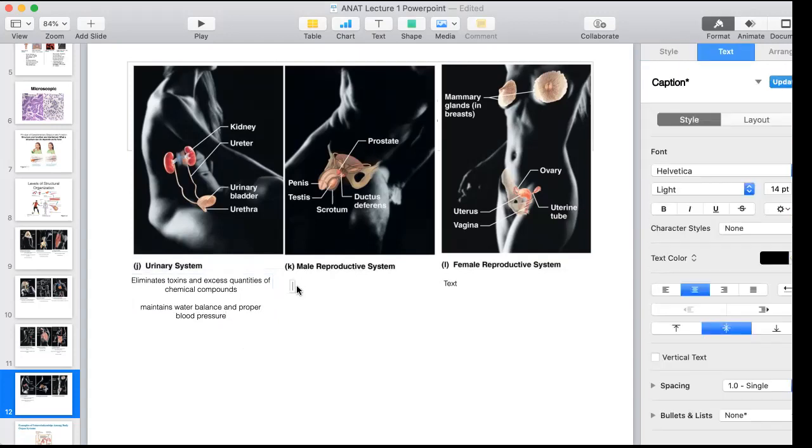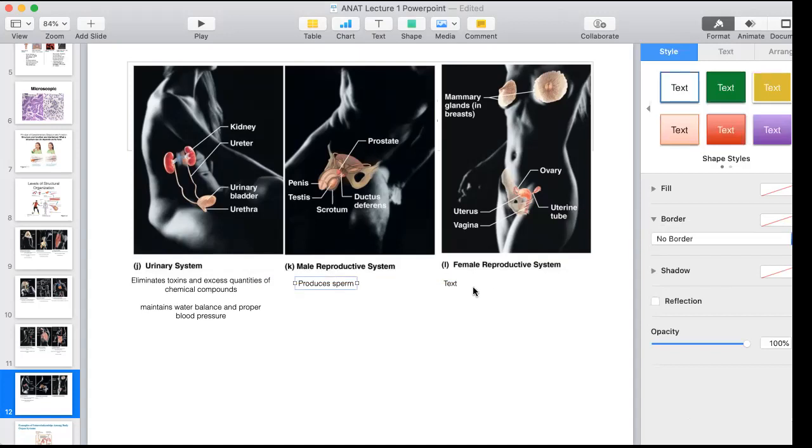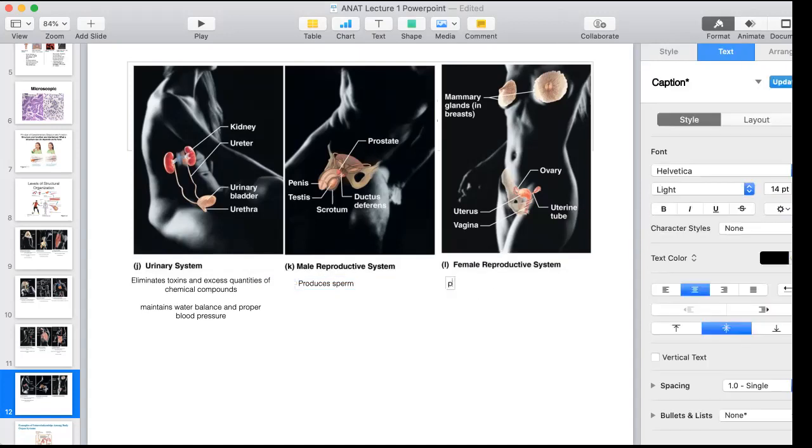All right, male reproductive system. What it does is it produces sperm, and the female reproductive system produces oocytes, also known as eggs,